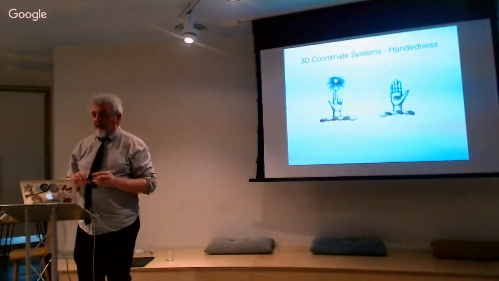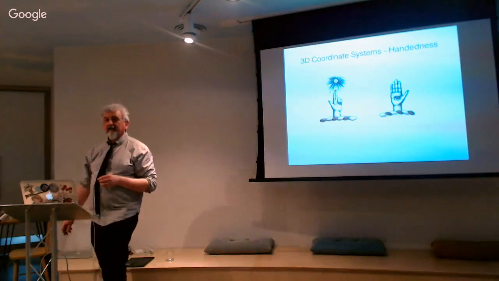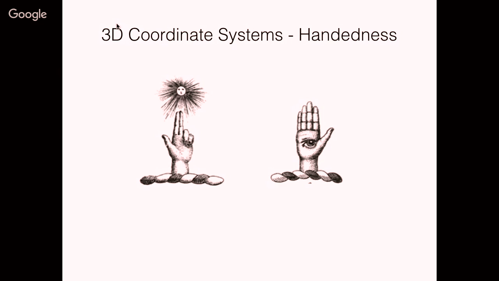The other thing that you need to remember about 3D space, which is really confusing, is that it is handed. You've got handedness, and this is, if you think you've got X, Y, Z coordinates, if you count them off on your hand, you've got X on the thumb, Y, and Z. So if you've got X going from your left to right across the screen and Y going up the screen, that means that Z is going backwards out of the screen. Whereas if you've got a right-handed coordinate system, you've got X going left to right across the screen, Y going up the screen, and then Z is coming out of the screen. And that can be incredibly confusing.